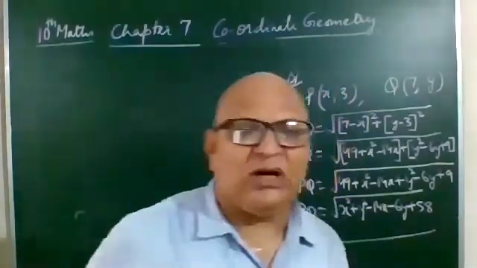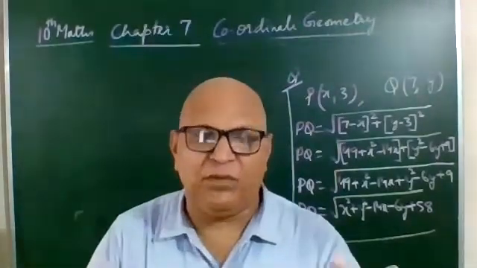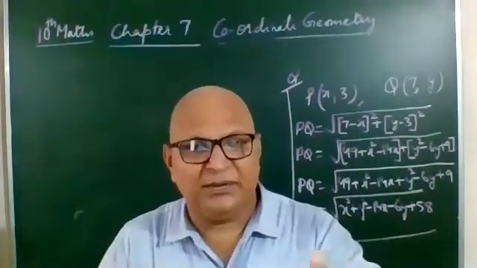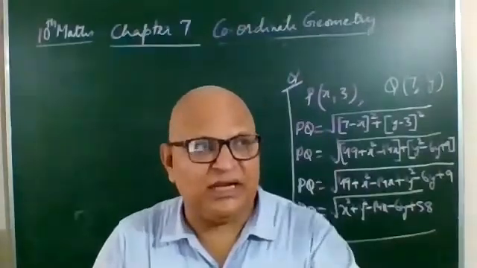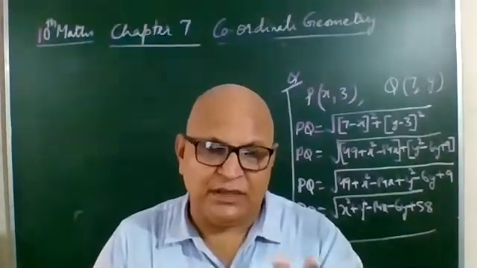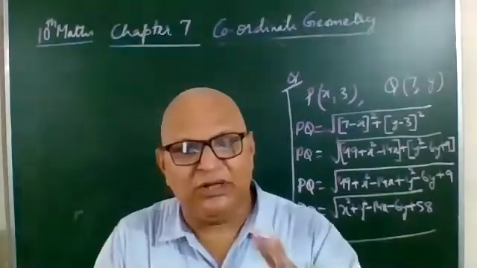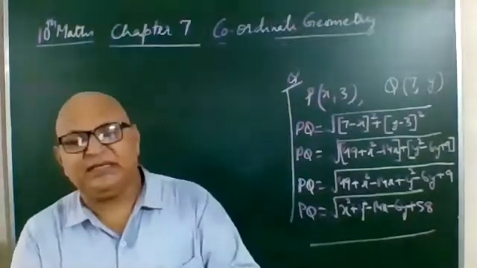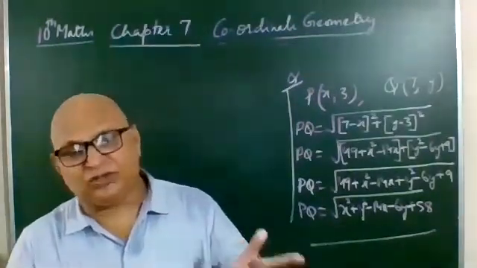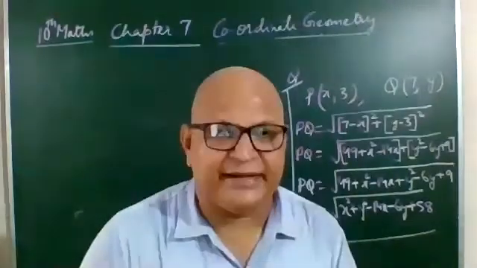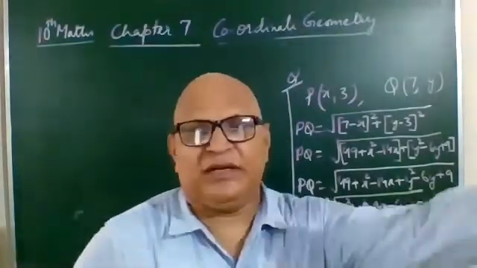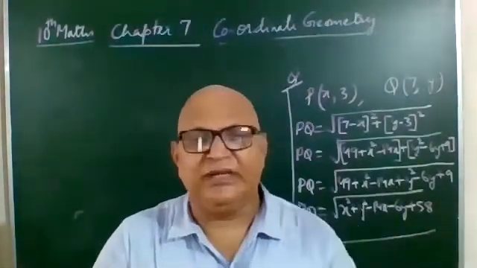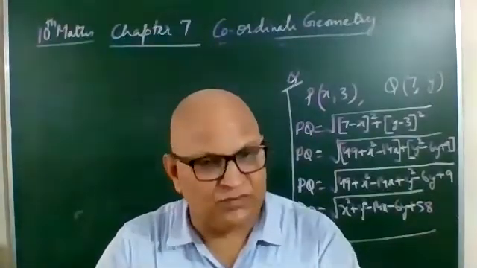In the case of a parallelogram, again we find all sides, and then you will say that opposite sides are equal, so the given points are the vertices of a parallelogram. So in a parallelogram and rhombus you only have to find the four sides, but in a rectangle and square you have to find the length of the diagonals also. After finding these, you will say these points are the vertices of a square, rectangle, rhombus, whatever it is.